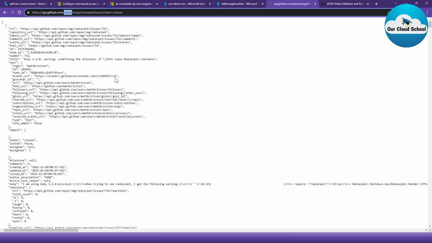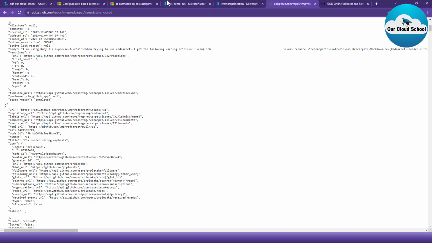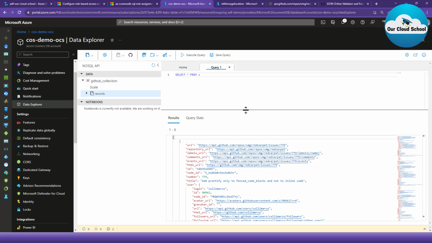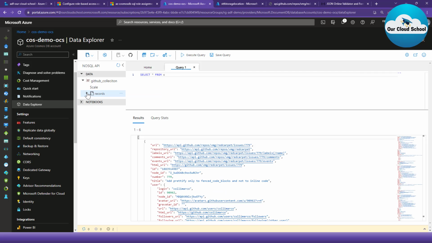So what I've done is I have prepared this data as an example and saved it from this output inside my CosmosDB account. So this is the CosmosDB account which we have created for the demonstration in our Azure subscription. The CosmosDB account has this GitHub database, and inside this database we have this record